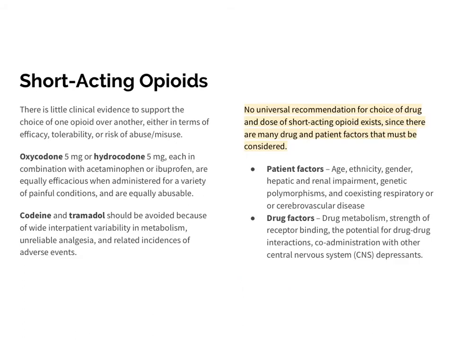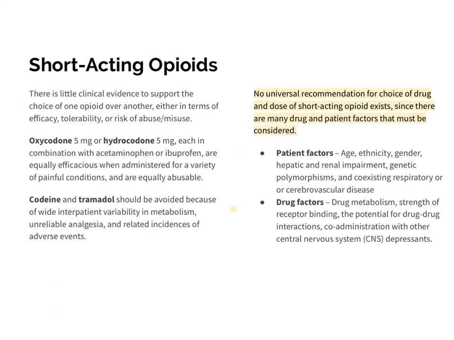As you can tell, there are many opioids on the market. Some are short-acting and some are more long-acting. Some dosage forms allow short-acting opioids to be longer-acting. So let's first talk about the immediate-release short-acting opioids. Oxycodone and hydrocodone are both in this category. They are often combined with acetaminophen and less often with ibuprofen in combination dosage forms. They're both equal in their pain controllability, but they're also equal in their abusability.